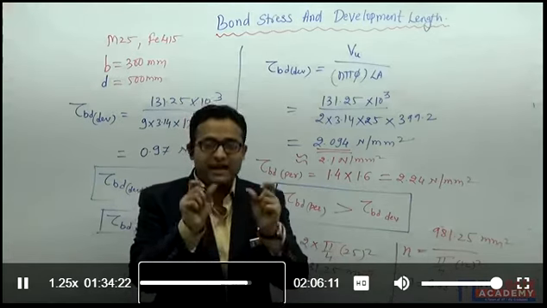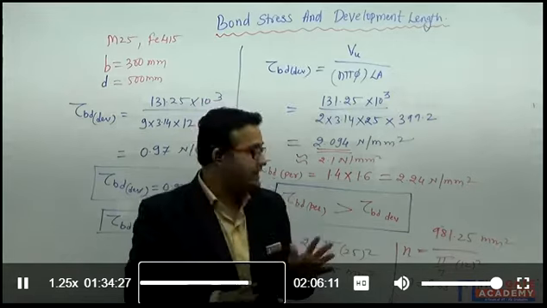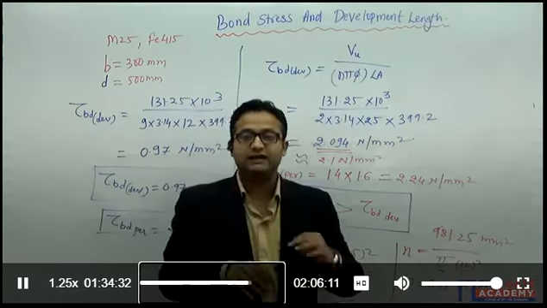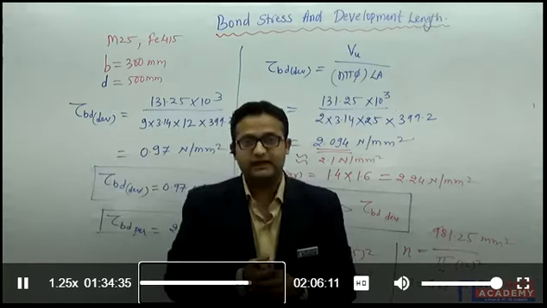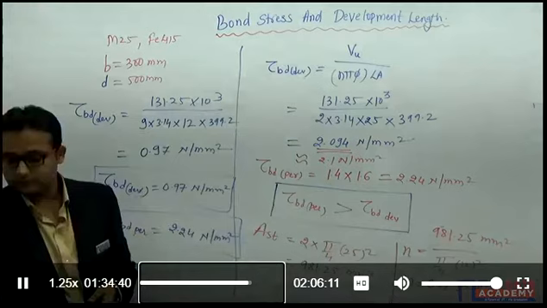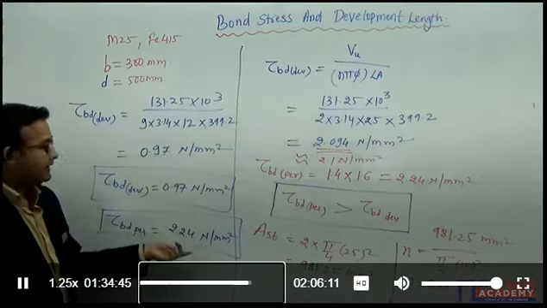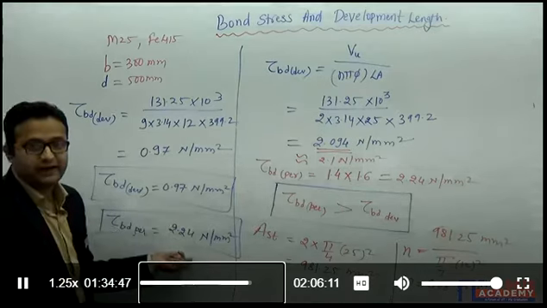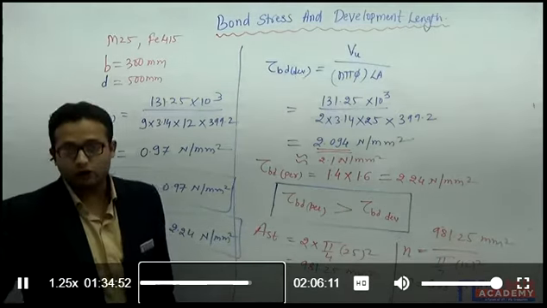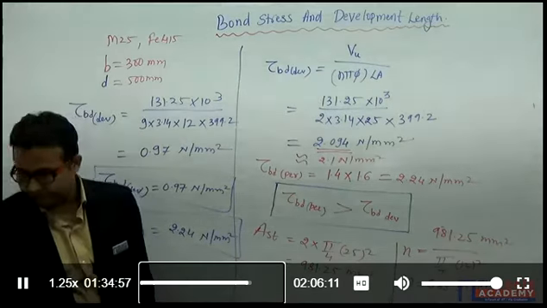I will be providing the same amount of reinforcement. The total area of the reinforcement will remain the same. Here also I have provided the same reinforcement, but the number of bars I have increased and the diameter of bars I have decreased. So let's solve one problem based on this concept. See, here it is very safe, 0.97 and 2.24. So we have made it more on the safer side. So you always try to reduce the diameter of bar and increase the number of bars.